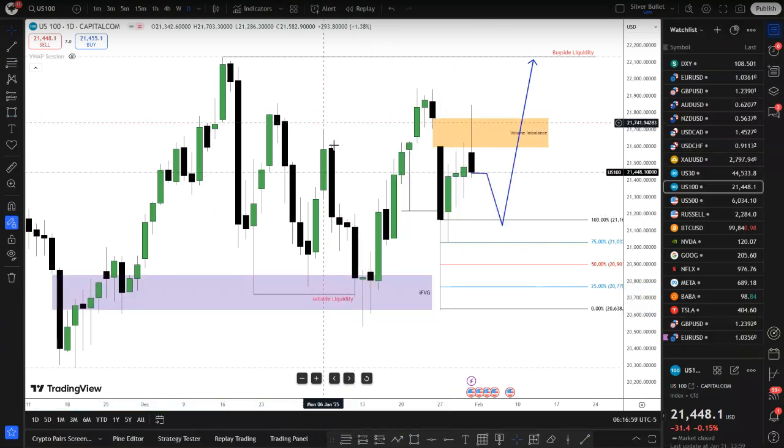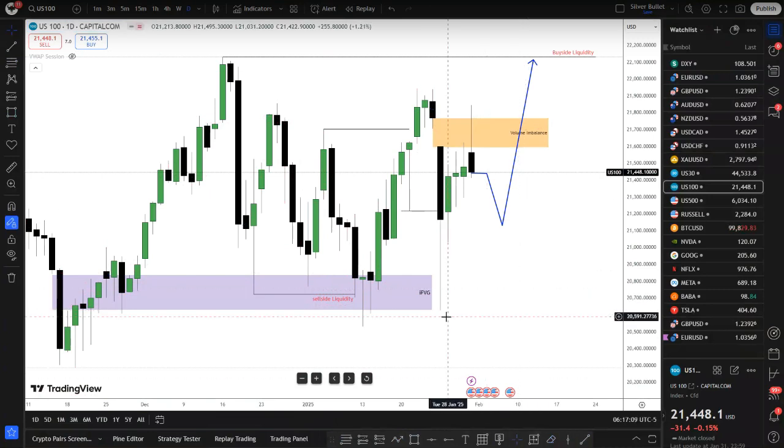We broke above this high here on a daily chart, making this one a market structure shift on a daily chart, right? Then we came back down into discount array to this rejection block here. Let's remove this for now. Then price turned back down to this rejection block here. Let's look at this rejection block.